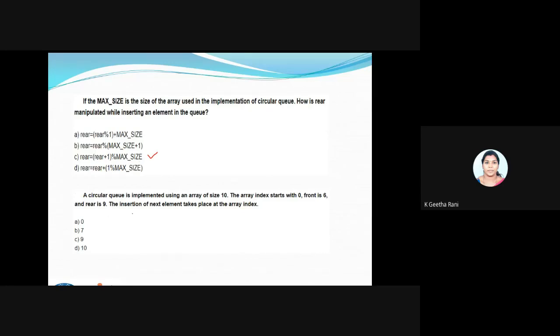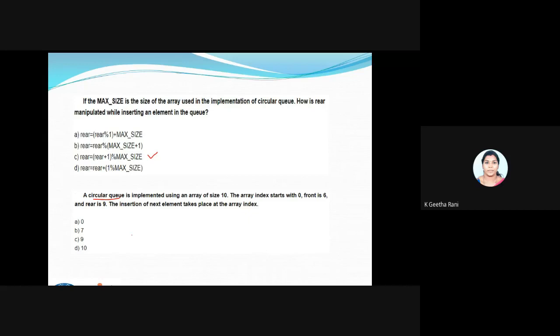Good students. Can you give me the answer for the next one? Option A, option C, option C. See, I'm talking about a circular array, okay, not a normal array.